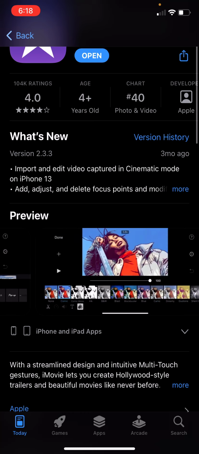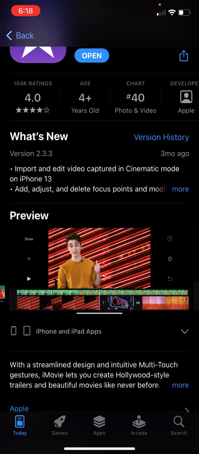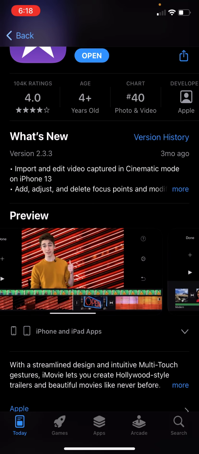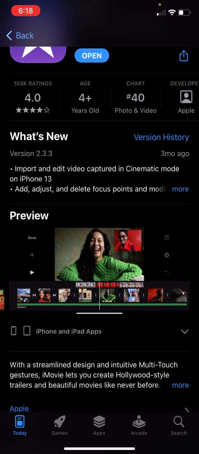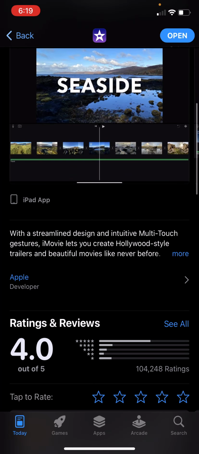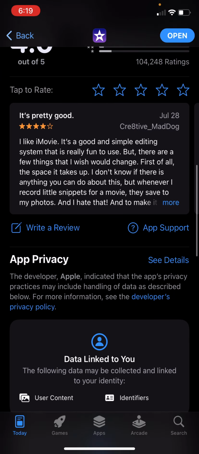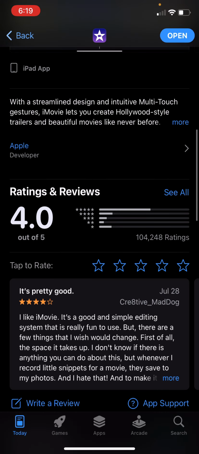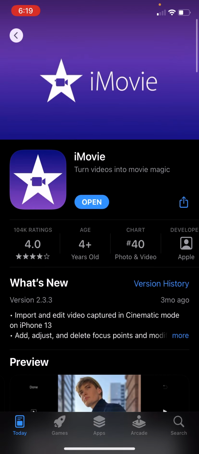And you get to play around, make videos, play with different backgrounds, cutting clips together, changing the video itself with different effects, and it works on many devices again. It is fairly well liked with 104,000 reviews. 4 out of 5 is pretty good.